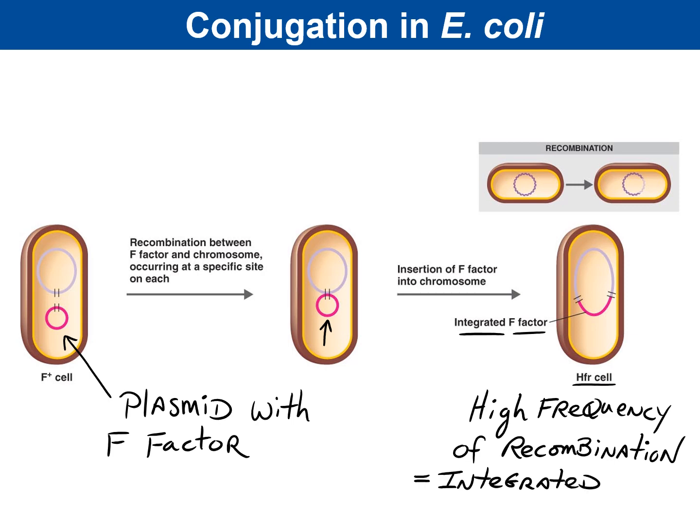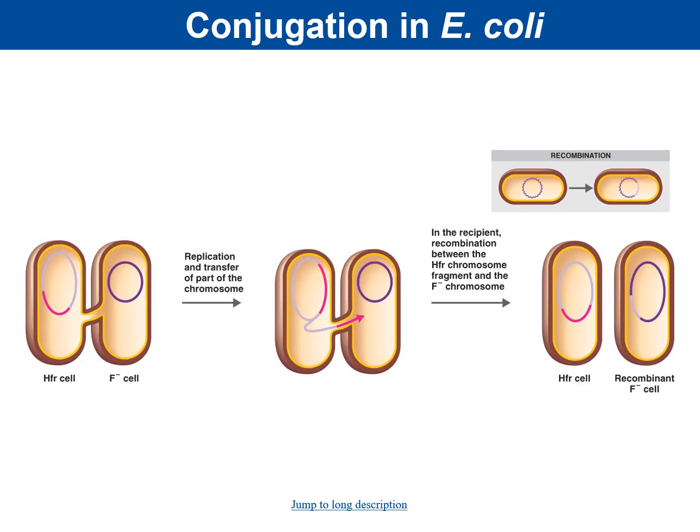Integrated F factor. Remember, integrated means into the chromosome, into the chromosomal DNA of the F positive organism. So here we see that an HFR cell, which is still F positive, right? HFR cells have the F factor, so they have the ability to make the sex pilus. So they do, and in that instance, when they hook up with an F- recipient,